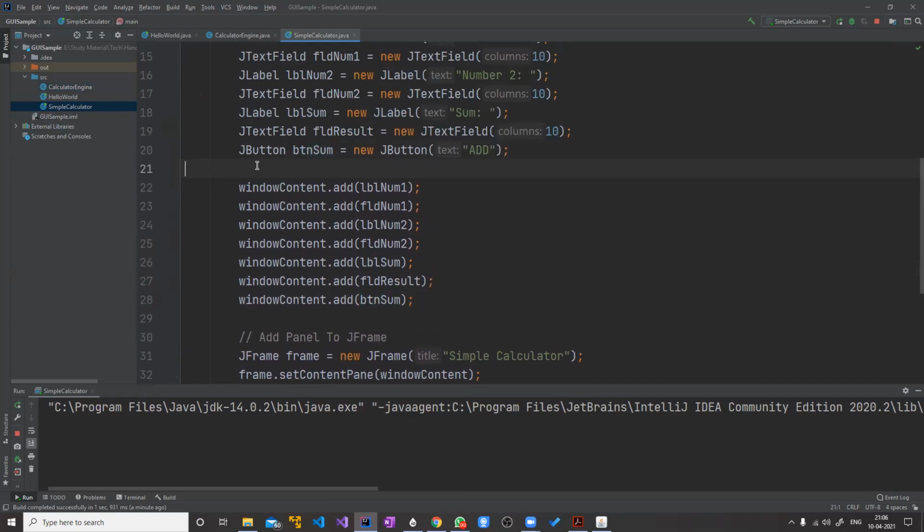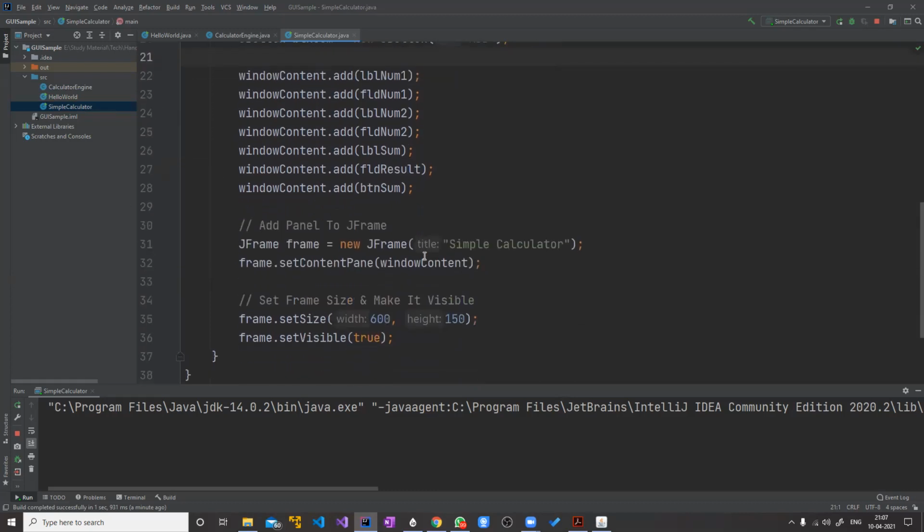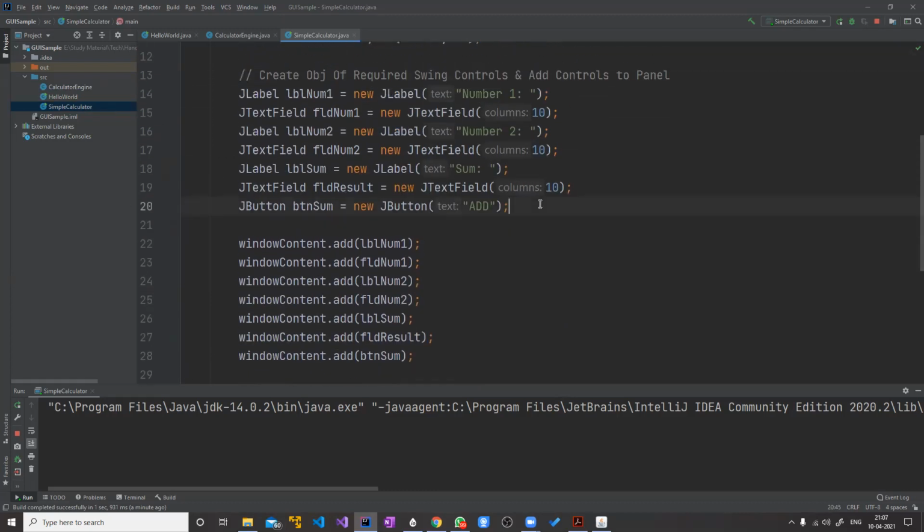Here I want to add the calculator engine. So I'll do that here. First I'll create it, before adding to the panel, you can do it after that as well, but let's go in the sequence. So what I'm going to do here is add event listener.